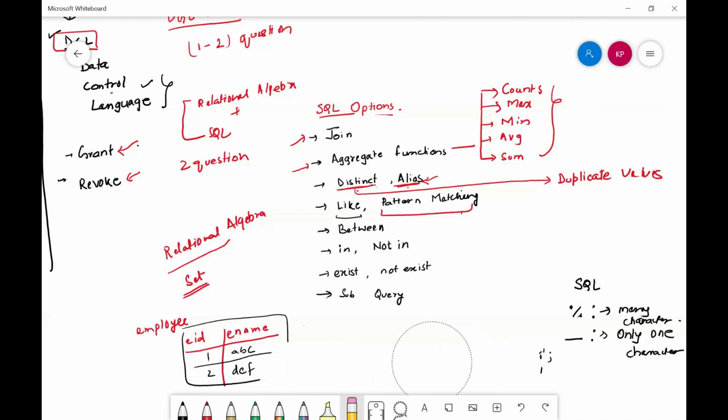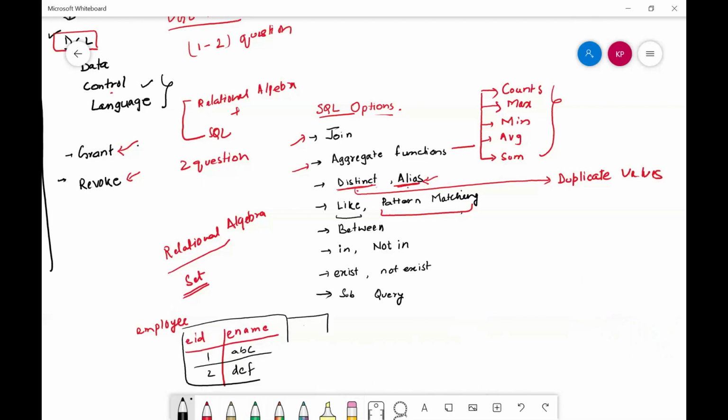The next command is between. Between is used to define a range for values. Suppose in our employee table we have another column, salary, which can be anything, say 10,000 for the first one and 5,000 for the second.